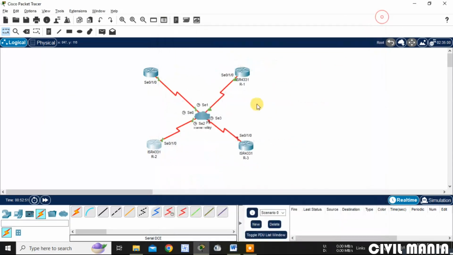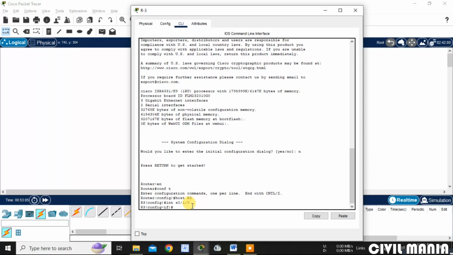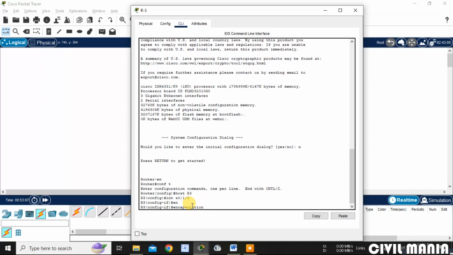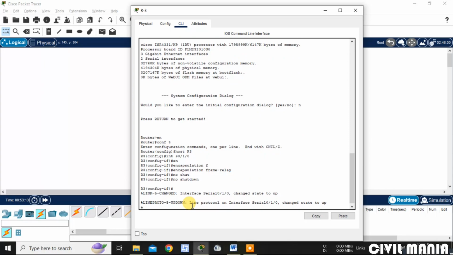Yeah, now let me move to router 3. Here interface S0/1/0, encapsulation frame relay, no shutdown, then exit.